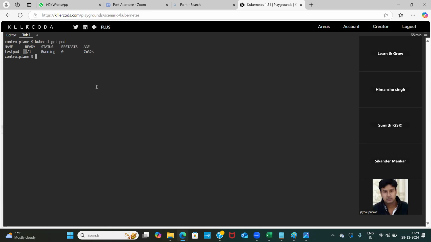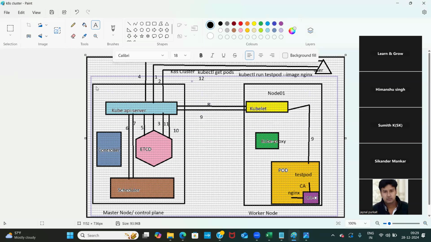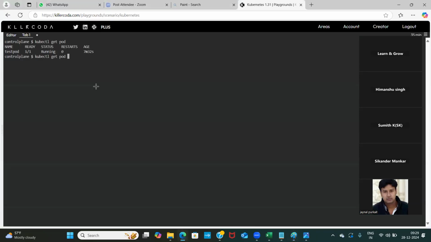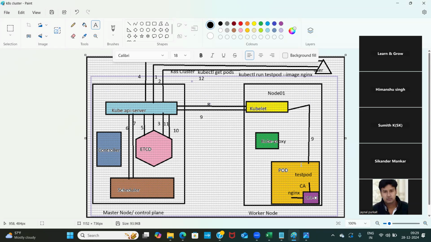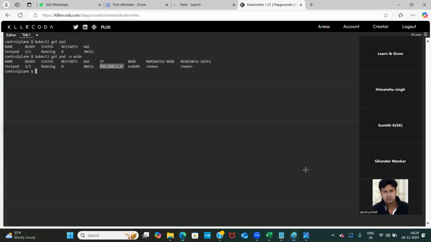Got it. Okay. And what was your query? I missed that. I just asked what information was responded back related to the pod. Like when you gave -o wide, it gave the IP and all those things. Okay, now I am coming to this point. There is a reason that I fired this command. See, now it has one IP. The IP is dynamically assigned to the pod from the cluster, and as we require to communicate, we can communicate only through the IP. That's why we're launching the pod and we